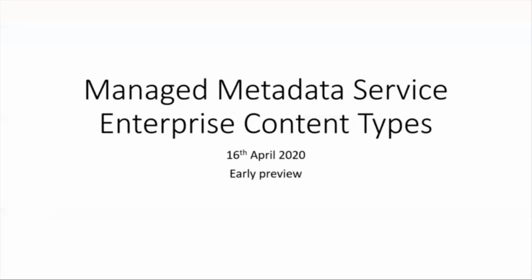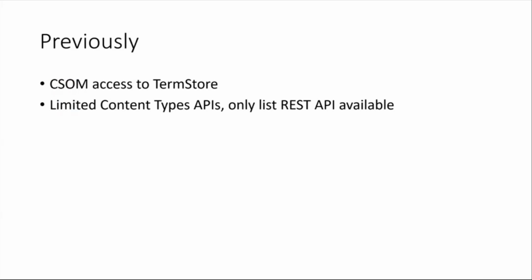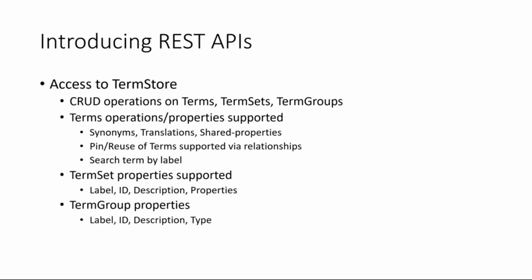So primarily, today we'll be focusing on some of the new API support that we are bringing into both these services. And if you see previously, we had support only for CSOM access to term store and very limited content type APIs that were previously available. Over the last 1 year, we've been working on building REST API access to the taxonomy term store and enterprise